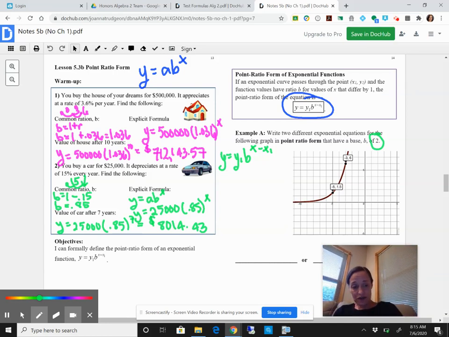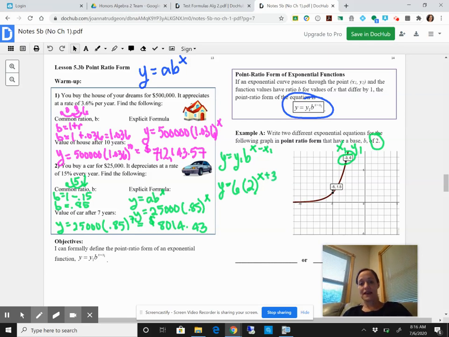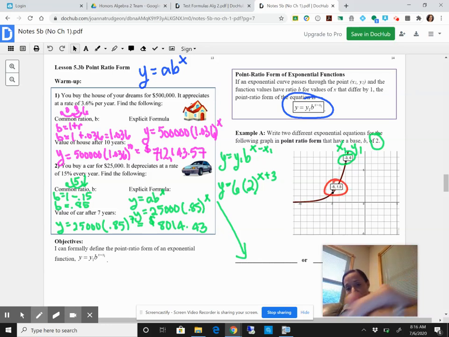All right, so I'm going to now just put this in here, y equals y1. Now, let's use this point here first. If I use this point, this is x1, this is y1. So 6, and then b, it said, was 2. I usually put it in parentheses just so that it's separated from that 6. And then x minus x1, x stays there, minus a negative 3 would be plus 3, like that. That would be point ratio form. And the other one you could do, if you use this point here, then you could do